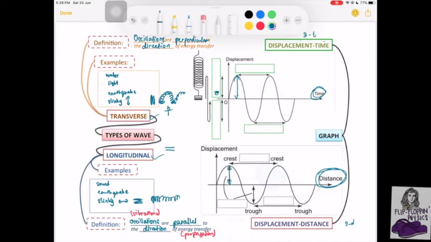So this will be amplitude. Here is also a maximum, which we also call amplitude. And on the displacement-distance graph, this one here and this one here are amplitude. Right? And because this is time, two successive crests or two successive troughs would mean the period, because it is in the unit of seconds. So this is the period,